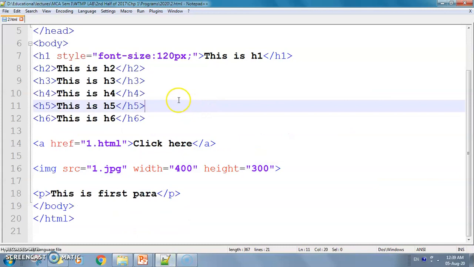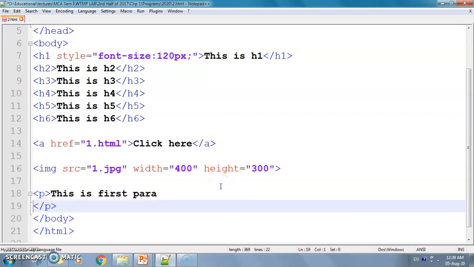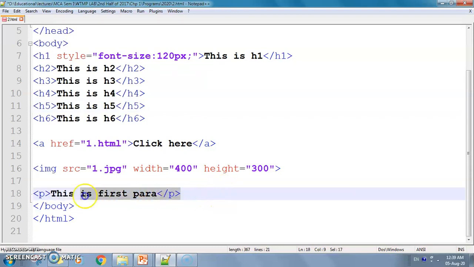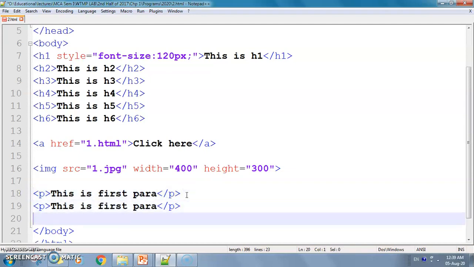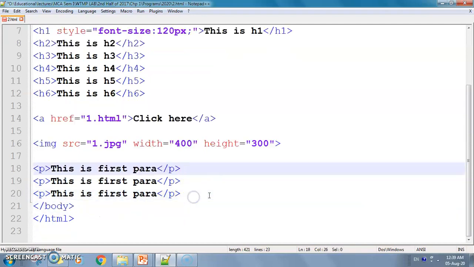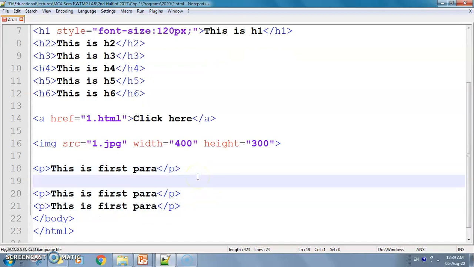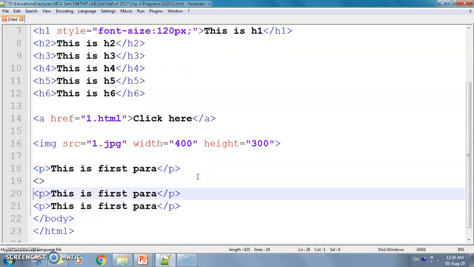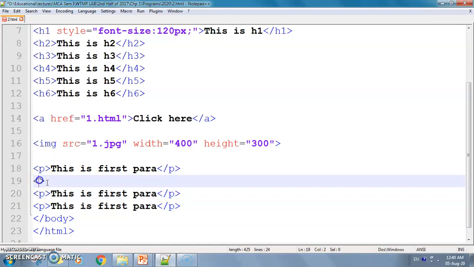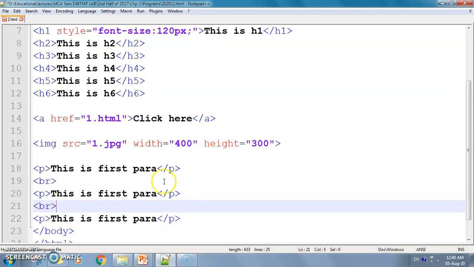Okay, so now here this is already one paragraph I have taken. I am taking one more paragraph. Okay, and in between these paragraphs I am using the BR tag. BR tag we use for break, correct?